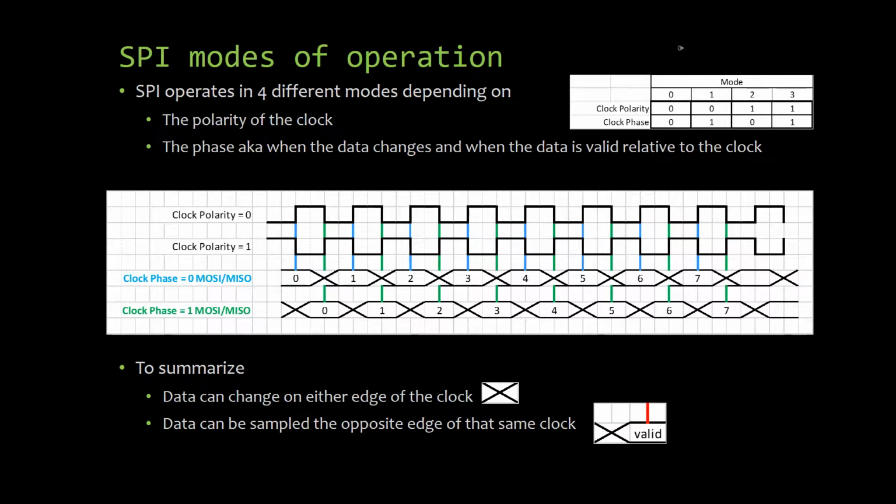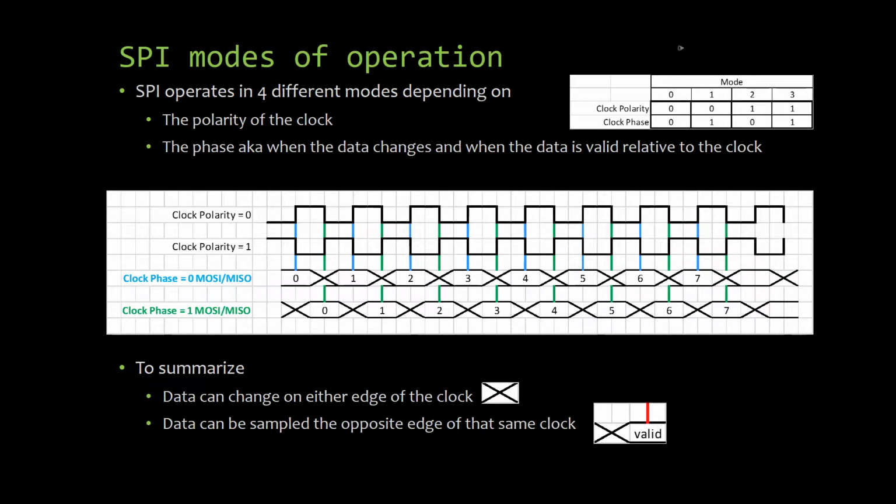Okay, this slide describes the 4 modes of SPI operation. There are 2 parts that go into the modes. There's the clock polarity, so it's whether the leading edge of the pulse of the clock is either rising or falling. And then there's phase, so is the data valid at the leading edge of the pulse and changes at the trailing edge, or is it changing at the leading edge of the pulse and valid at the trailing edge? That is the big takeaway from this slide: when does the data change and when is the data valid? So once again,